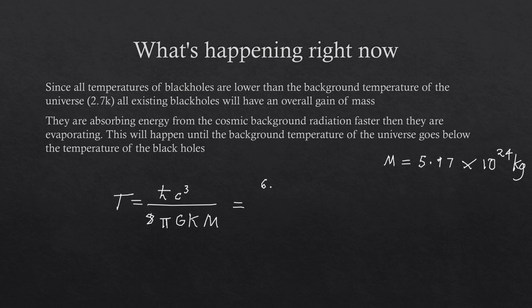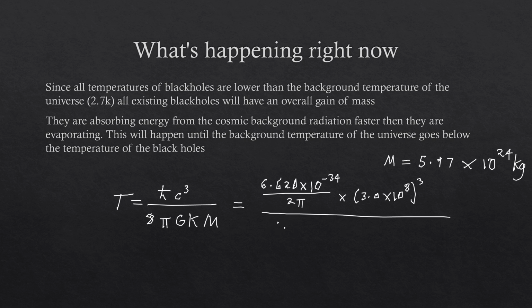Planck's constant up here, so 6.626 times 10 to the minus 34 divided by 2 pi, so that's h bar, times the speed of light, 3.0 times 10 to the 8, all cubed,